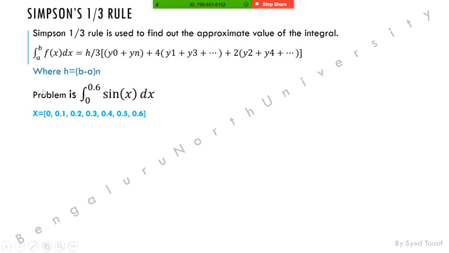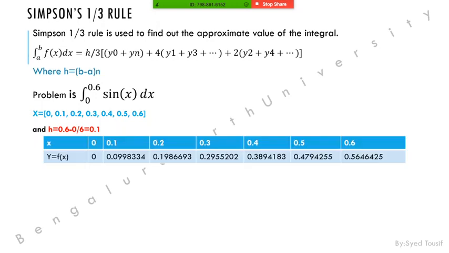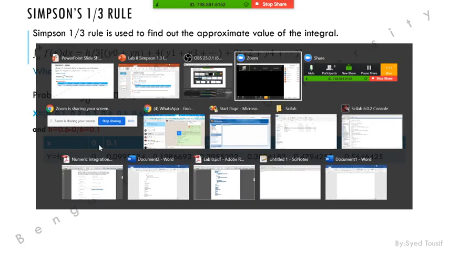Taking the values of x as 0, 0.1, 0.2, 0.3, 0.4, 0.5, 0.6. And when we calculate h, 0.6 minus 0 divided by 6 is equal to 0.1. When we calculate the function of x, that is sin x, we'll check one by one how it will come.